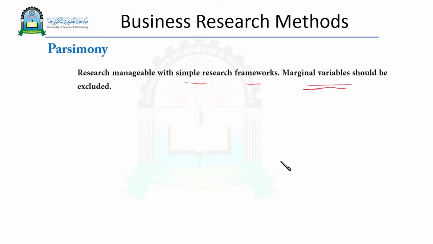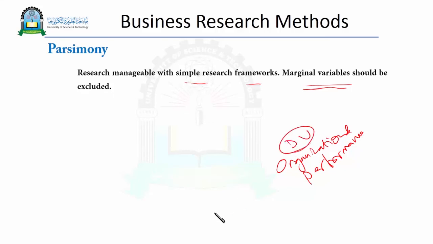So if I am for example talking about organizational performance as an issue, as a DV, when I introduce the causes, which are going to be IVs, these causes must be hypothesized to have big effects on organizational performance,